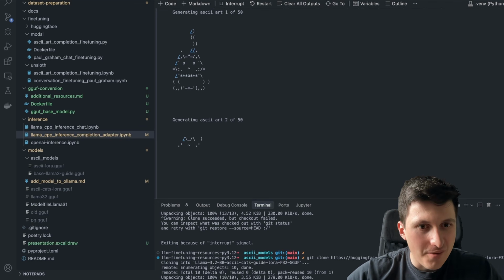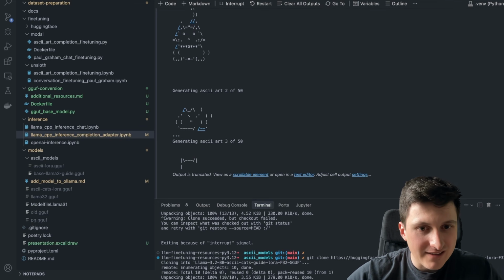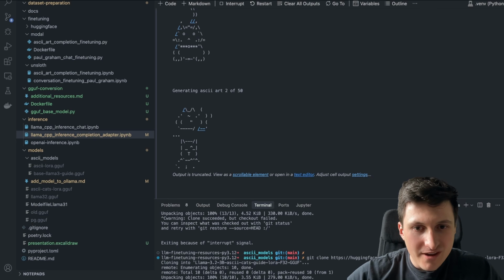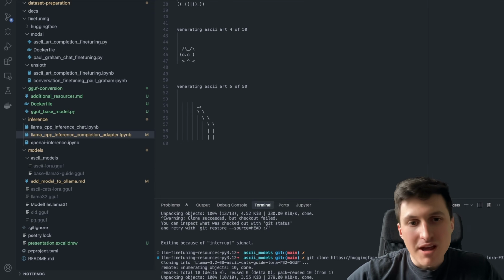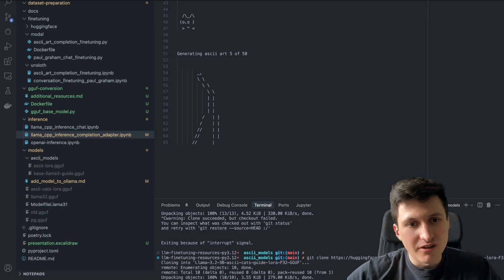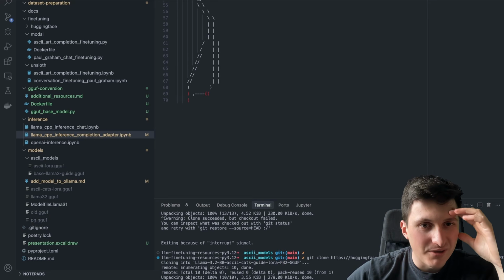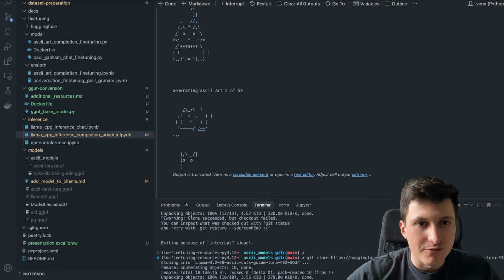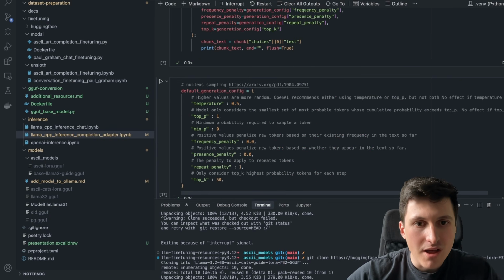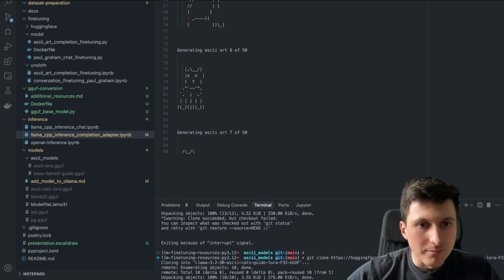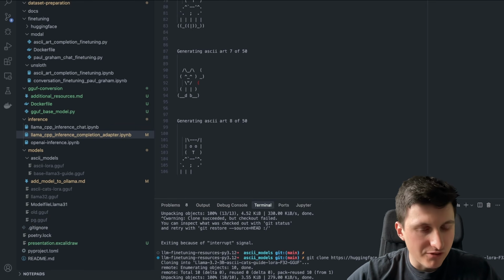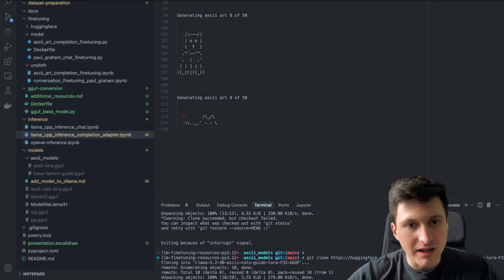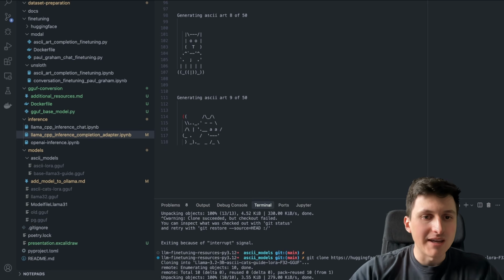Okay, this does resemble a cat. That one doesn't. Let's see if I can open this. But you see, a lot of the quality of generation also has to do with the amount of randomness you allow right here. However, this reflects what we have been seeing during inference. We also didn't train on that many epochs,